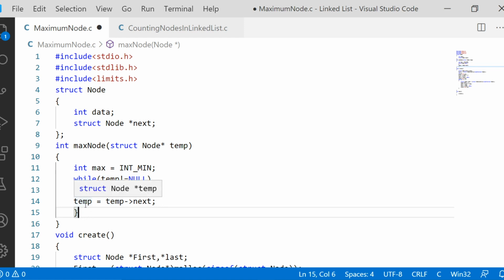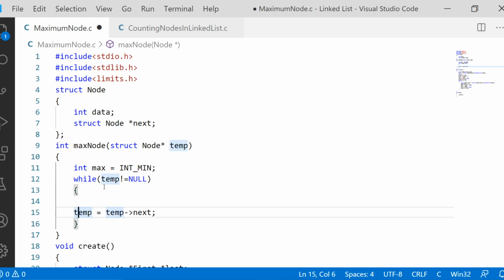But before moving from the first node to the second node, remember, what you should do is compare.